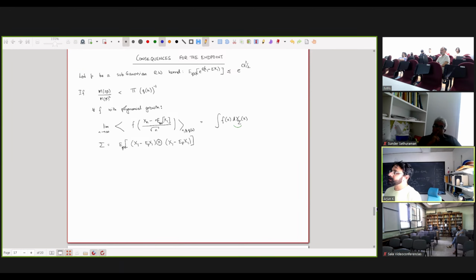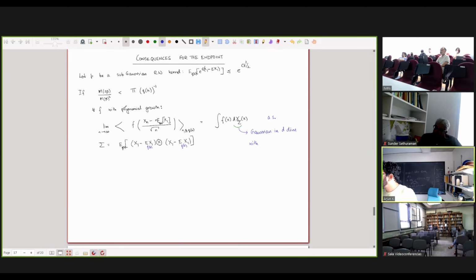Okay, so what are the consequences for the endpoint? We can show that if this condition holds, then we do have a CLT. It's more complicated because P is now arbitrary, so it could have covariances and so on. And so there is a CLT. You see the Gibbs measure converges to the Gaussian, almost surely. So this is Gaussian in D dimensions